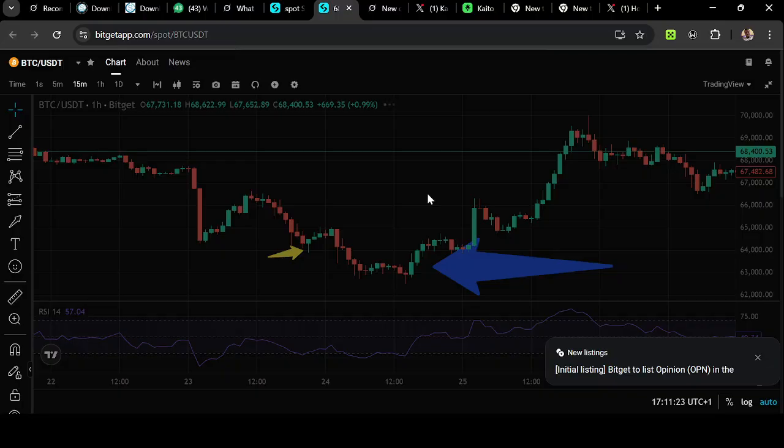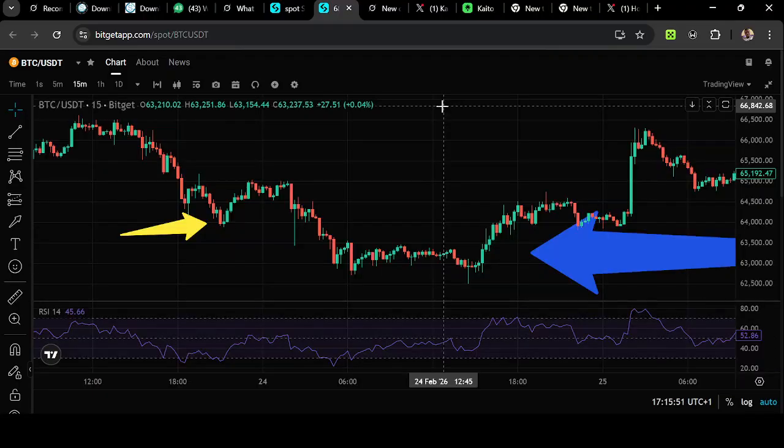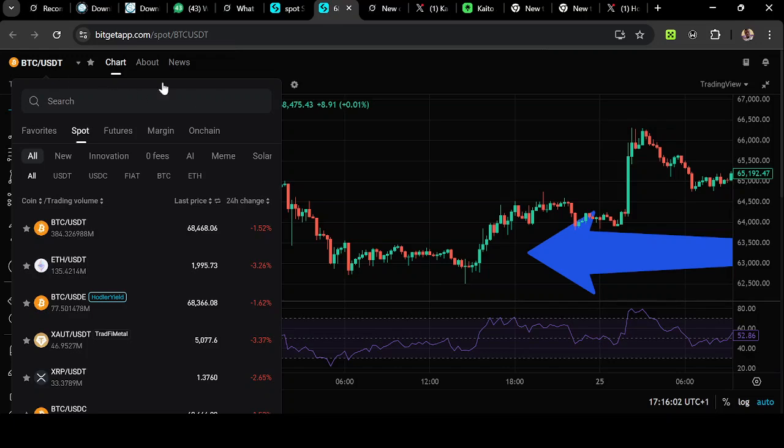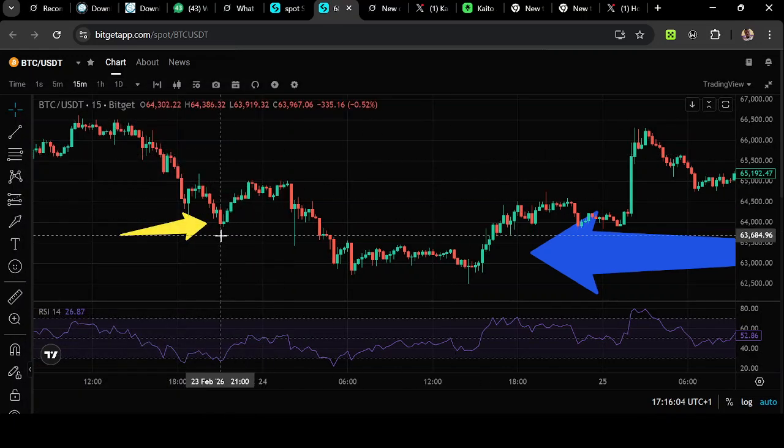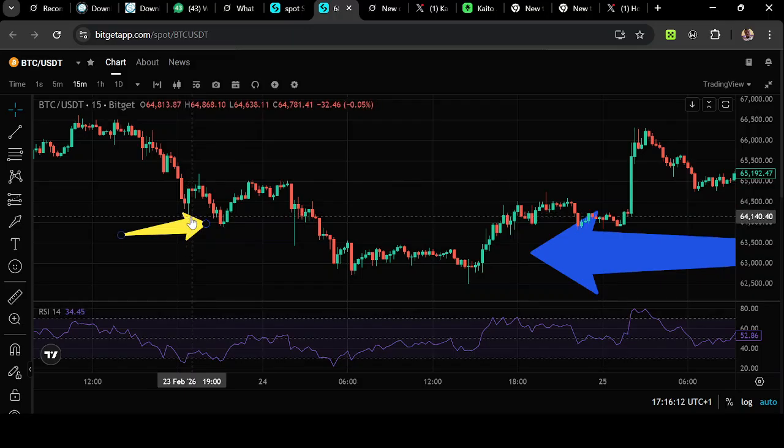Okay, so this is the same region but on a lower time frame. This is the 15 minutes time frame, as you can see here at the top. Okay, now let's see what happened here. On the 1 hour time frame it shows divergence, but on the 15 minutes, when this thing broke this level, remember this was the previous level we were waiting for. So when it broke this level,